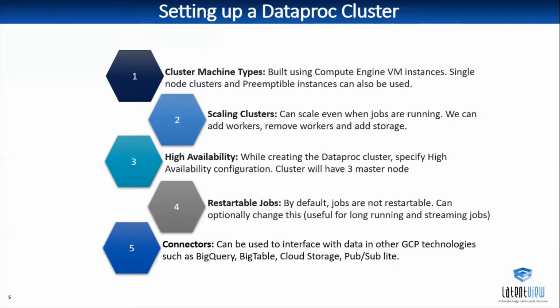We can also use preemptible instances, which are very cheap Compute Engine resources because they can be pulled away with a 30 seconds notice, that is, basically at any point. They'll also be forced to terminate if they have been running for 24 hours. So they can be used for processing, but not for storage. It is also not possible to have a preemptible-only cluster. Even if we attempt to do this, Dataproc will automatically add two non-preemptible worker nodes.